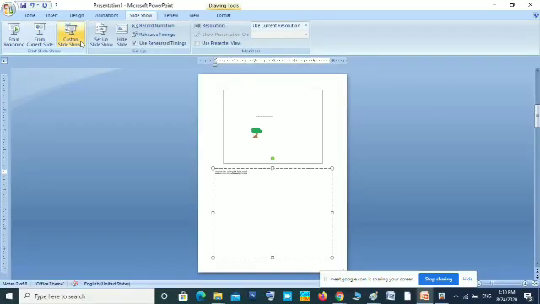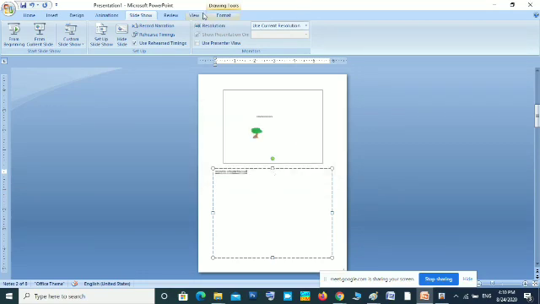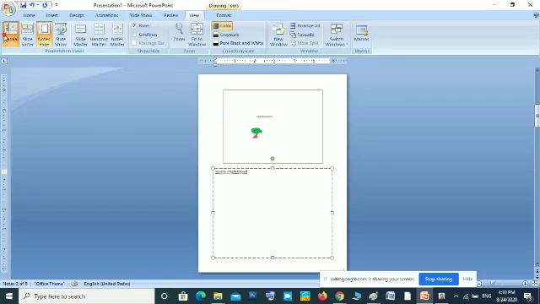You can either move to the 5th page, or you can use the custom slideshow. Before that, I want to switch to the normal view.